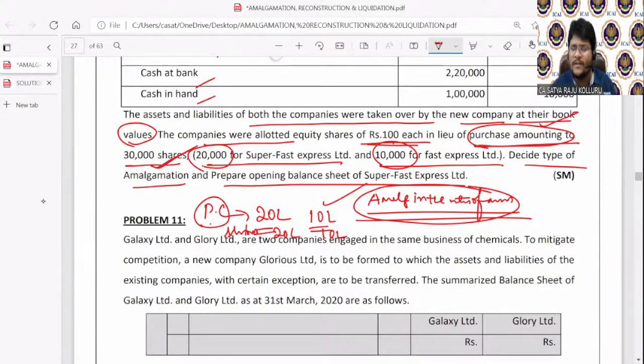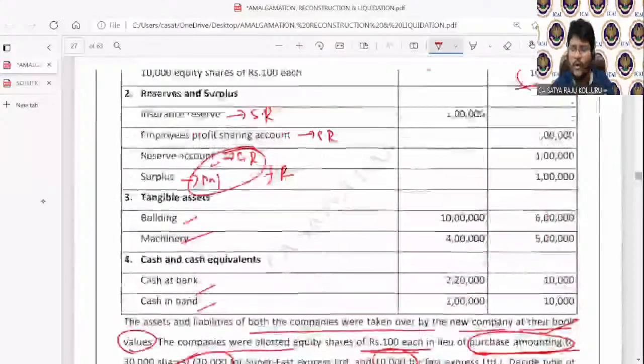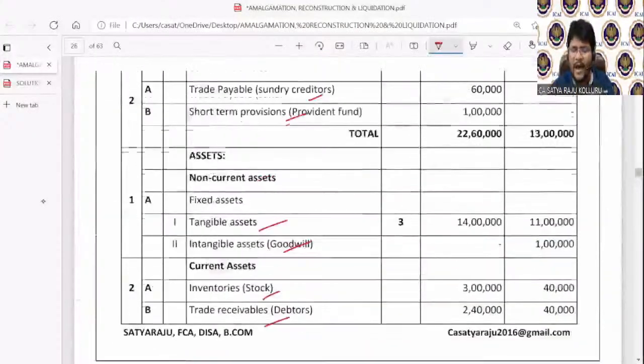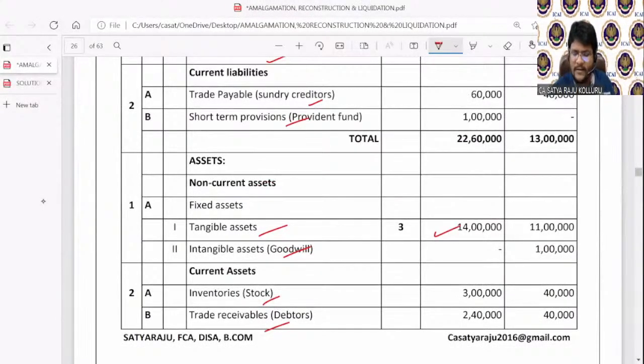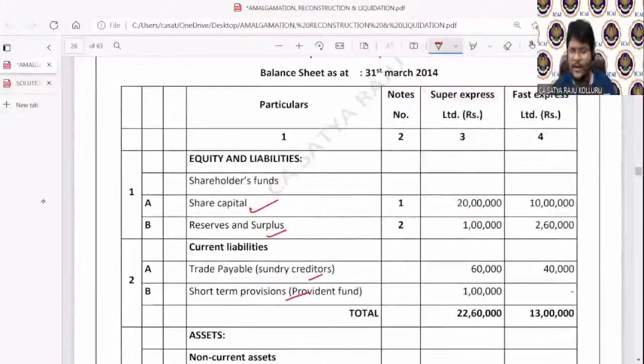Sir, if it is the situation of no profit, no loss, what should I do, sir? Add line by line assets. All the assets simply add line by line. Coming to liabilities, also you can add line by line. Reserves and surplus also you can simply add line by line. Why? Sir, if at all loss on acquisition is there, I may set off loss on acquisition with free reserves and surplus. But here there is no loss on acquisition as well as profit on acquisition.